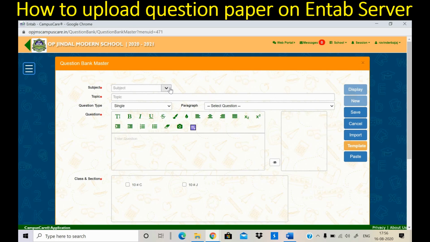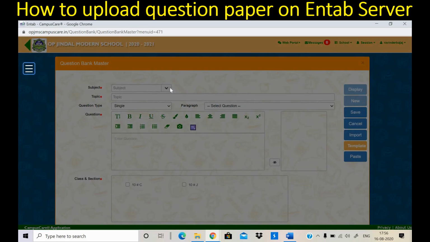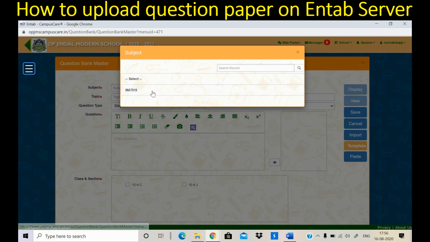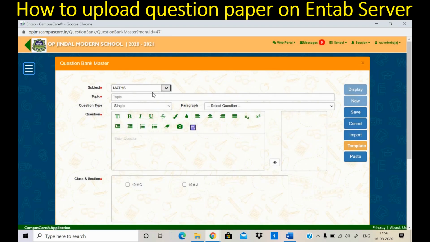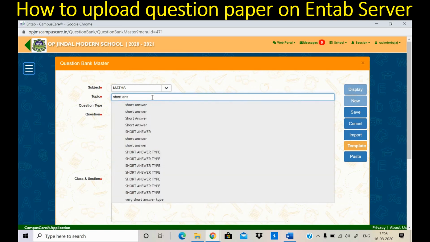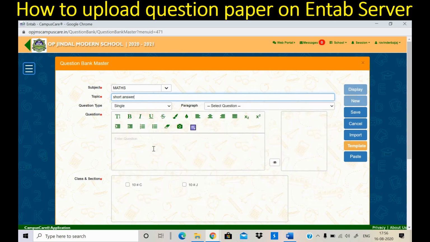After this, subject, you will see your subject here. It's not an option that you can see every subject. I'm teaching mathematics in class 10C and 10J. So mathematics I'm selecting here, and in the topic I'm writing short answer type question. So here the first method is to type your question here,